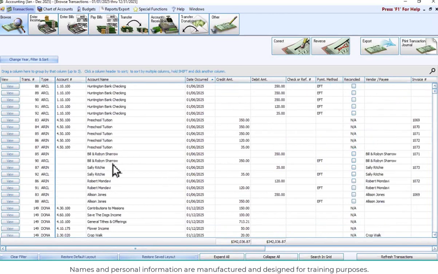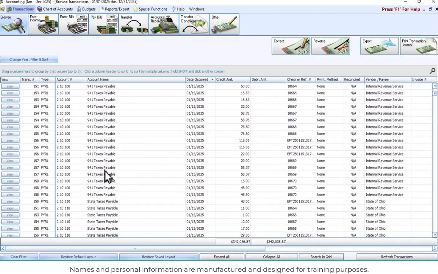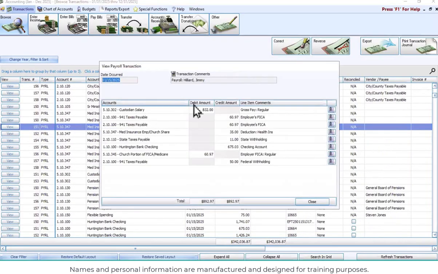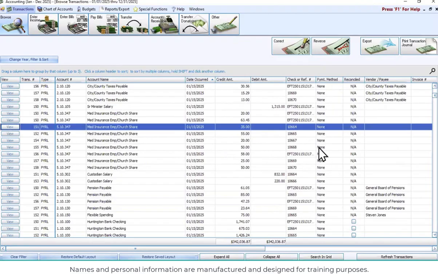So here I've got bills or payments down here somewhere, and I can click on a particular one, even the payroll transactions, I can highlight and it'll show me the breakdown of that, okay? So again, you can do a whole lot here without ever going to the change year, filter, and sort. Finally, before we dive into that, up here, and this is again a commonly overlooked